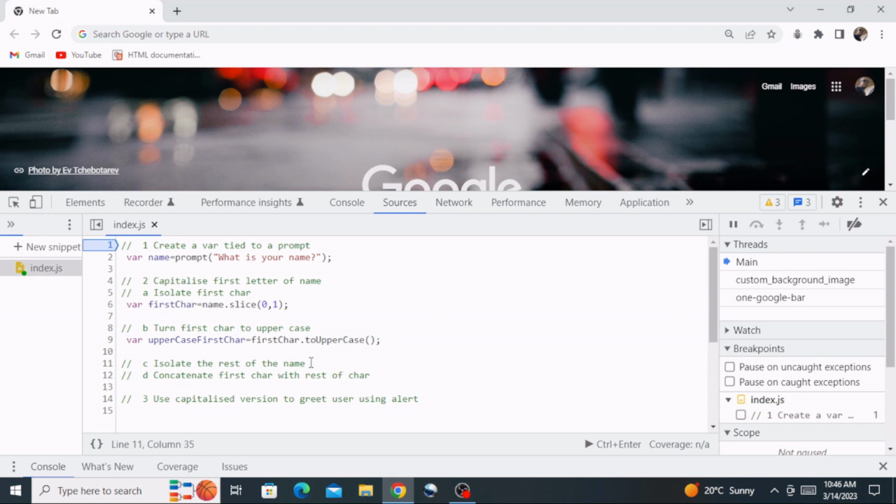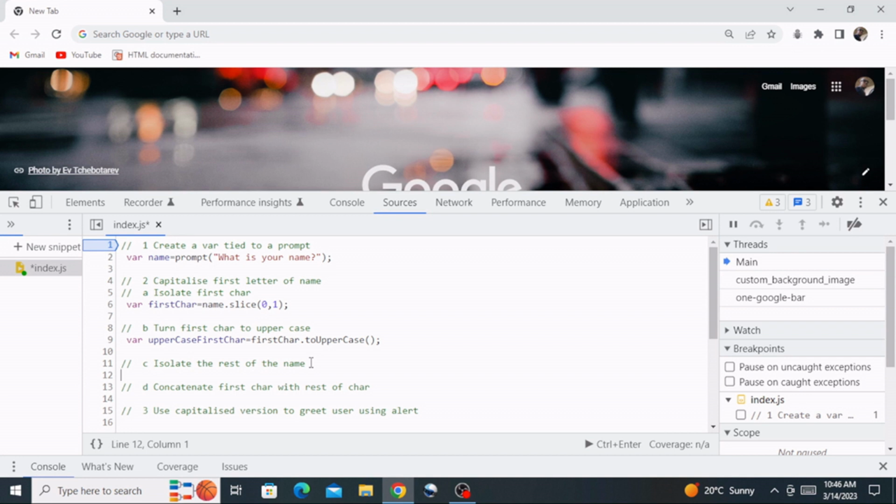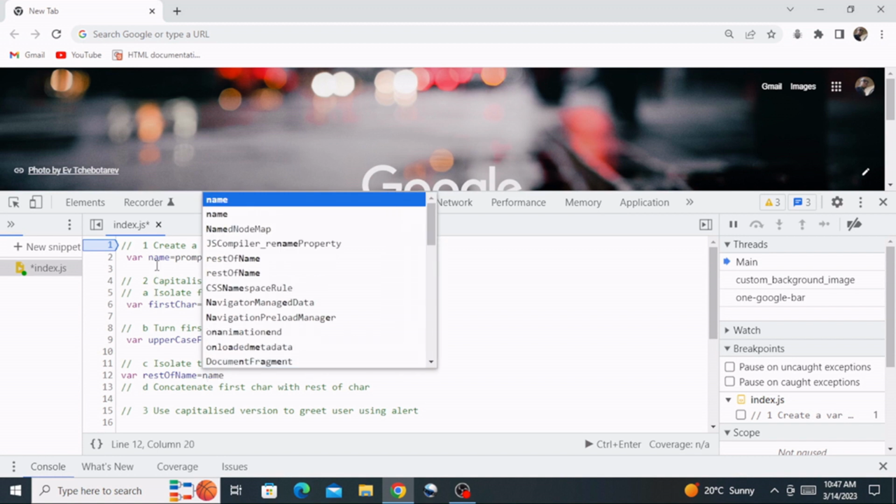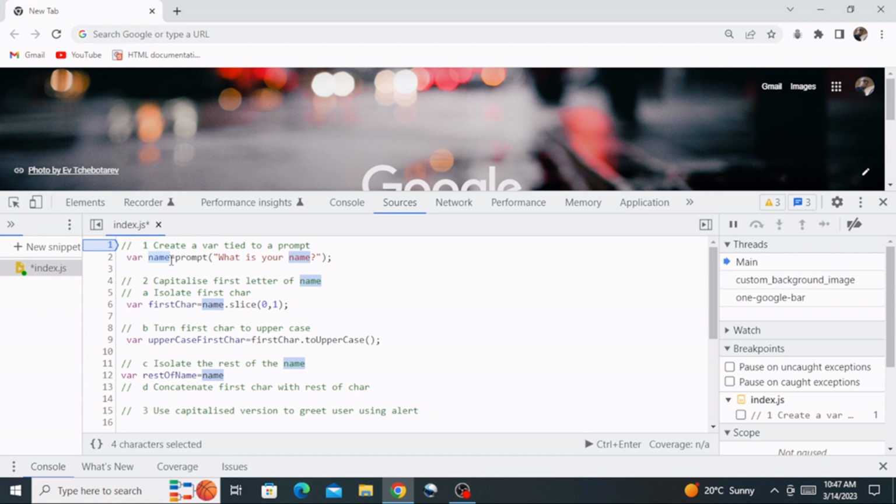The next step will be to isolate the rest of the name. So how do we isolate the rest of the name? The first thing that I'm going to do in order to achieve that is create a variable. I'm going to name this restOfName, like so, and I'm going to set the rest of name to name. Remember, the name is equal to anything that is typed inside that prompt. So we are going to say restOfName is equal to name